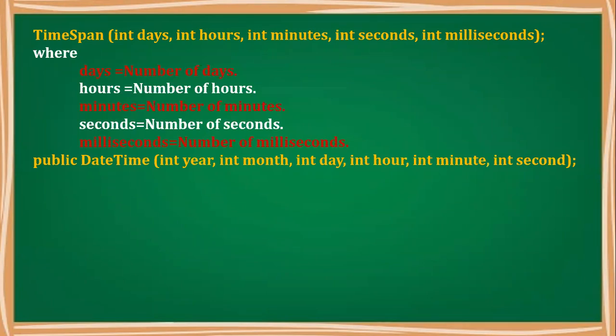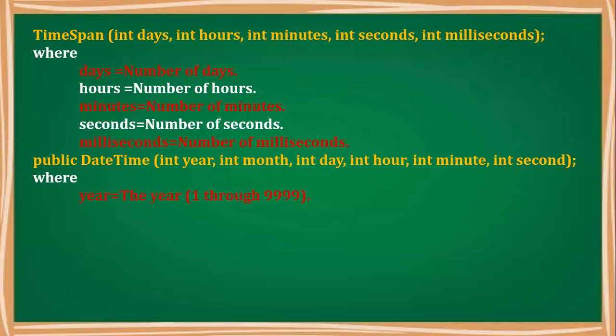If you are going to work only with days and time, then you can use only time span. If you want month and year calculation, you can use date time. So this is the difference between both the classes. And again, in date time you cannot find minute details of milliseconds. That is possible with time span.